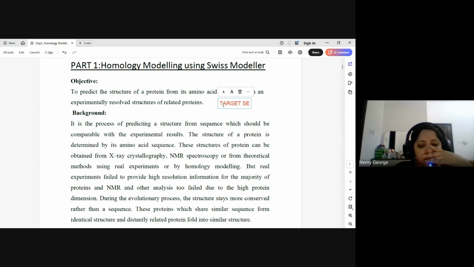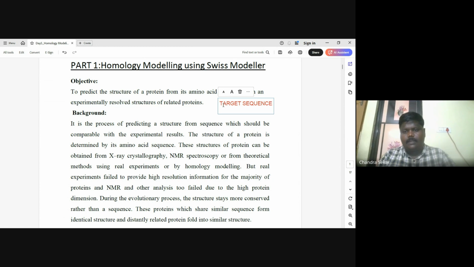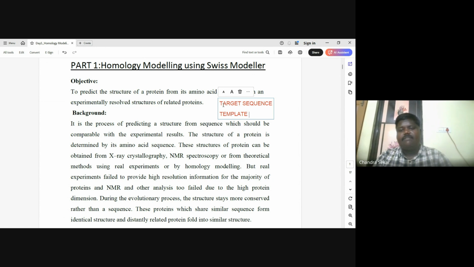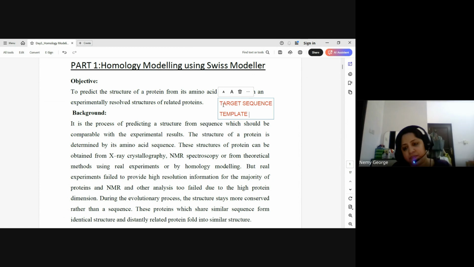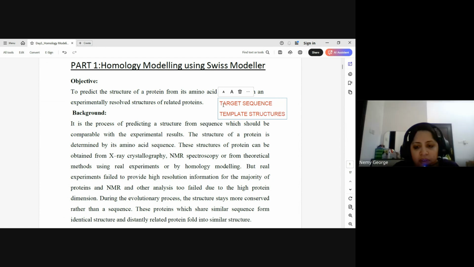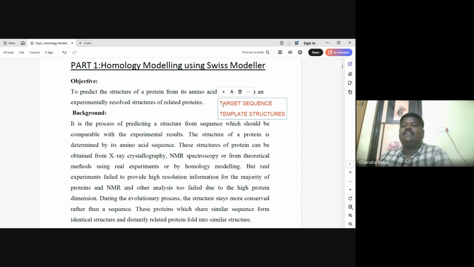What is our target sequence here? Only that domain, the sequence we recorded, correct? So that is our target sequence. Then what are the template structures? The experimental structures available in the PDB database are called template structures.